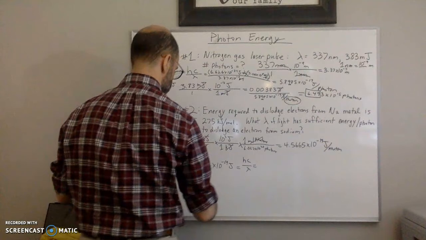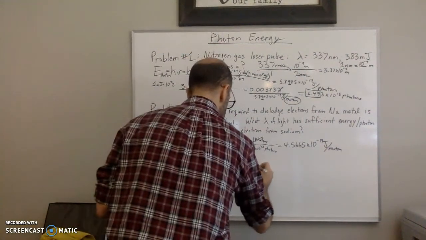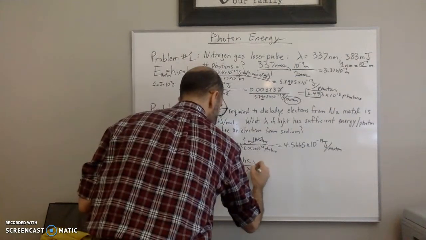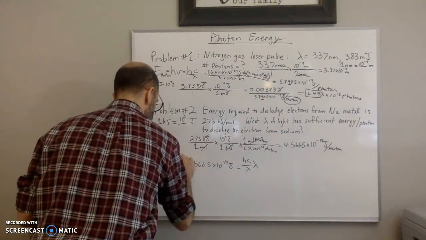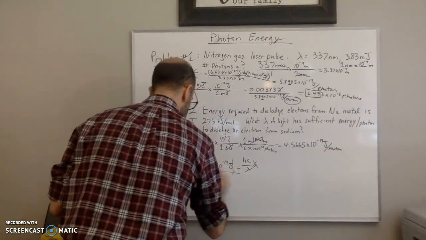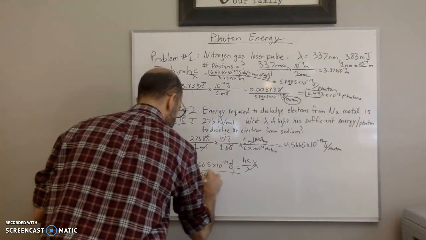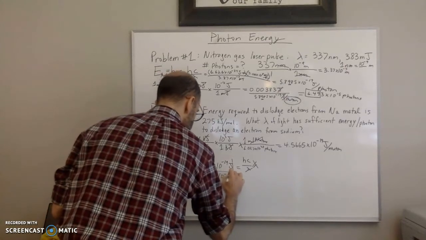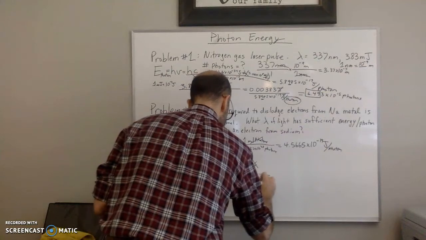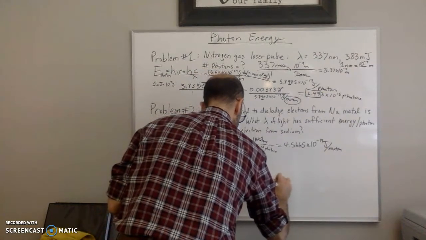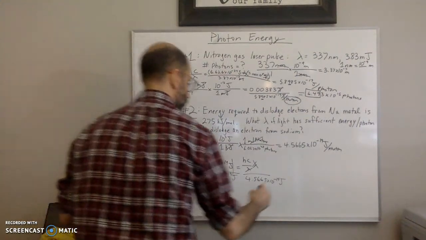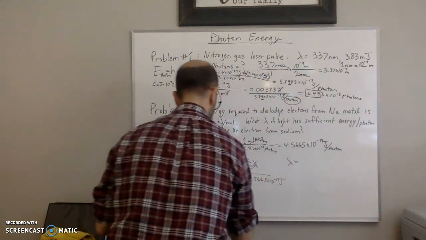So we multiply both sides by lambda, so that cancels out. Divide by 4.5665 times 10 to the negative 19 joules, and divide that on this side too. So that'll cancel out. So then what you get is lambda is equal to